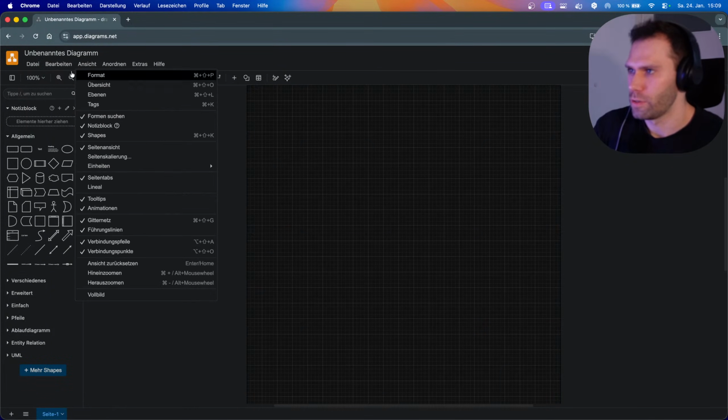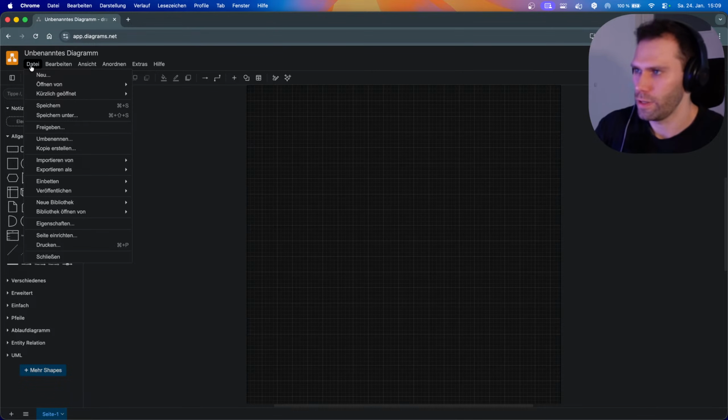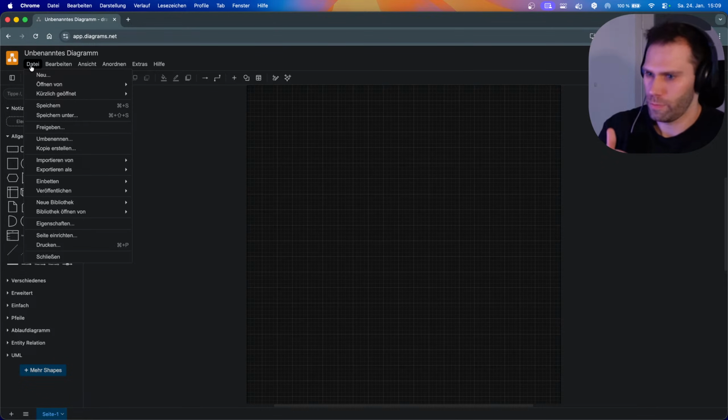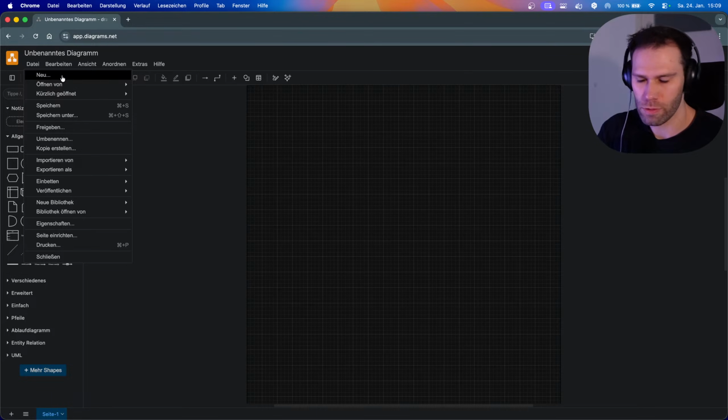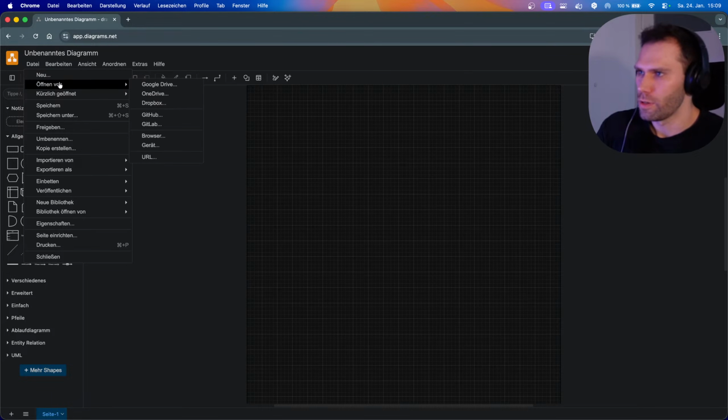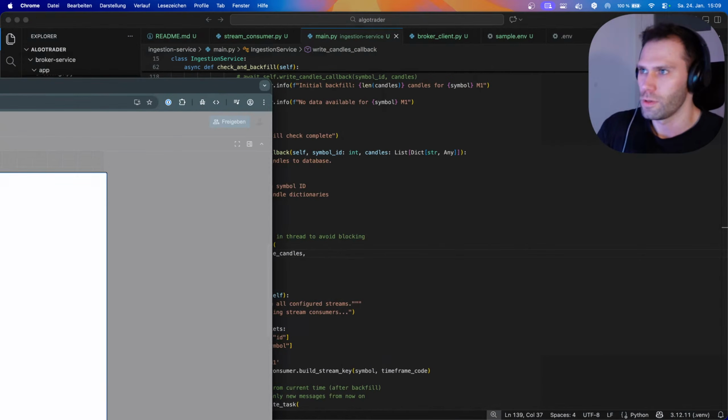We are building an algorithmic trading framework from scratch to monitor the markets, build trading bots, backtest everything. And let me open my